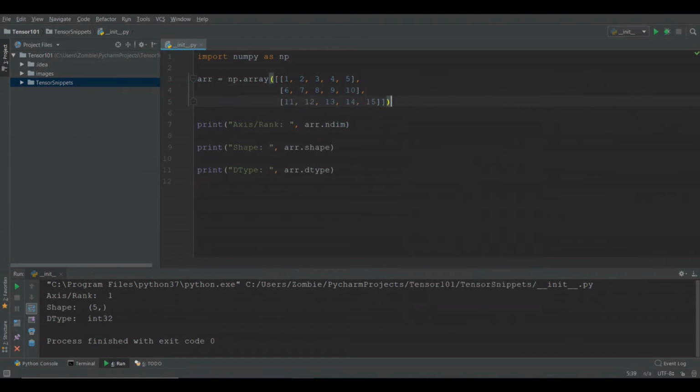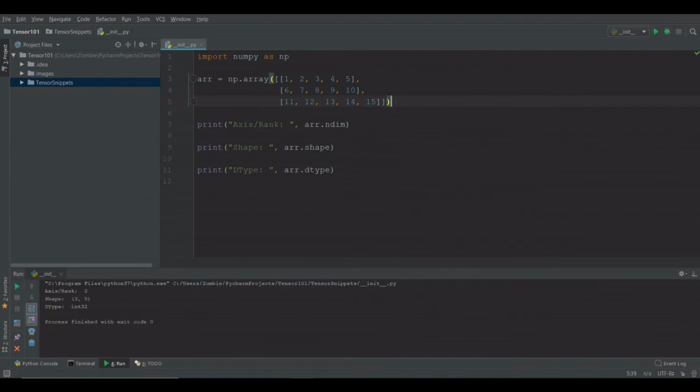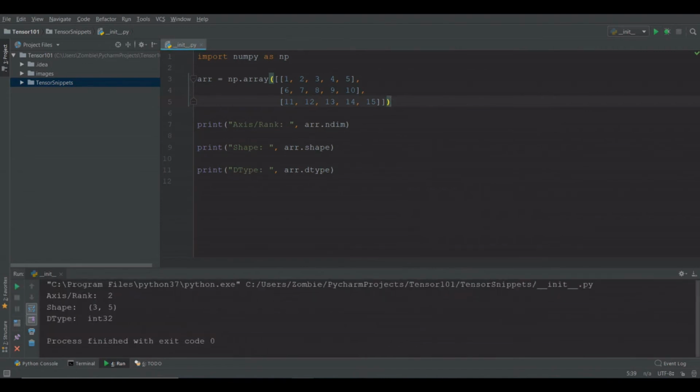Format it a little and run it. So the rank or axis is 2 now. Along first axis, it has 3 elements, which is 1, 6 and 11. Along second axis, it has 1, 2, 3, 4 and 5. And data type is again 32-bit integer.